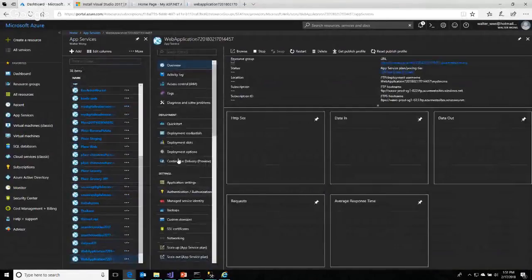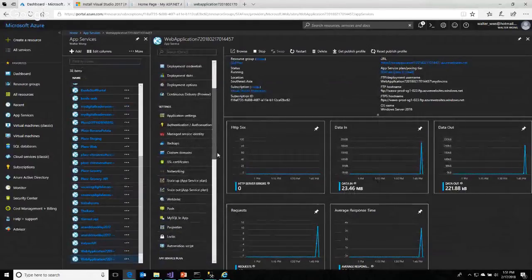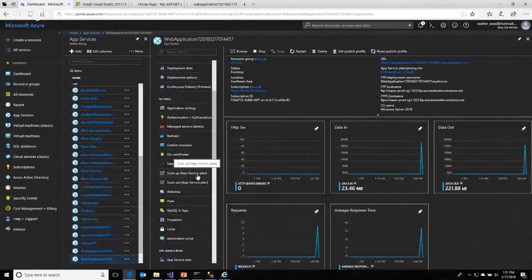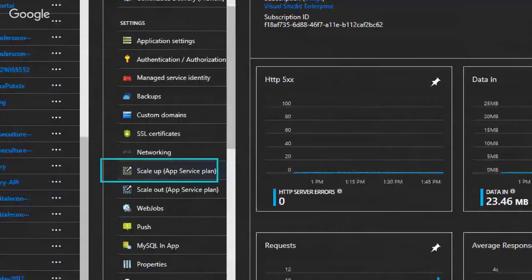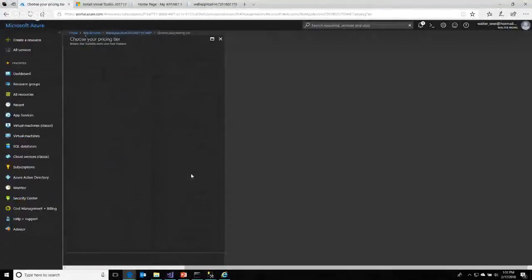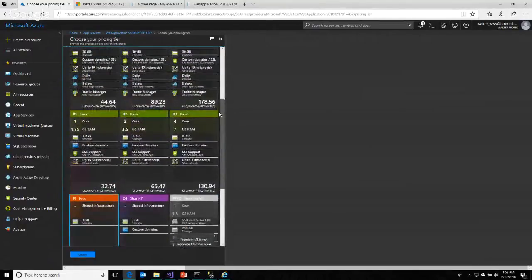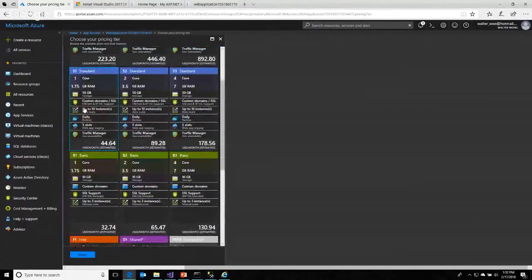So once I reach here, as you can see, I can actually choose a different plan. If you go up to the scale up, because by default it is actually a free one, it doesn't have the functions. I cannot do anything, share as well. But what I can do is go to the standard one, which I need to pay 44 USD per month estimation. So I need to select this one.